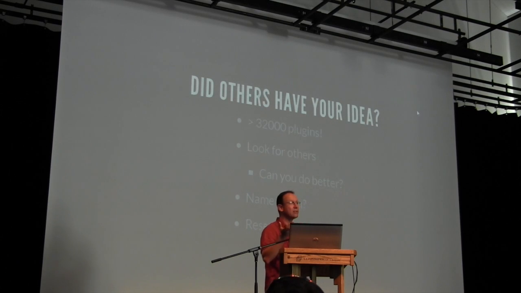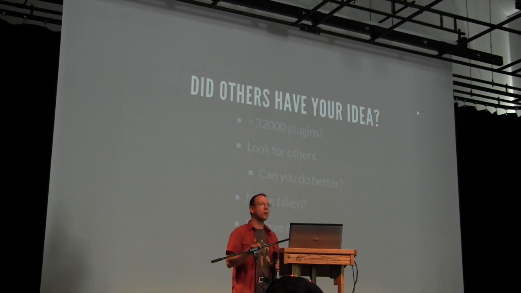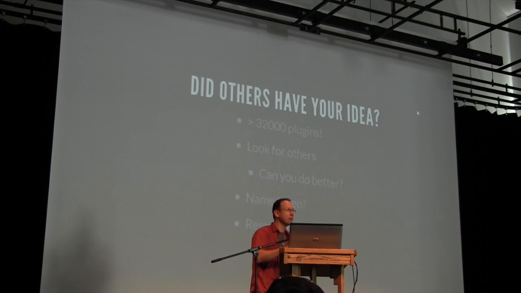Last point here is reserve the name as soon as you can. So once you figured out, I have a name for my plugin, I know what I'm going to do, apply to have the name reserved on the WordPress.org repository. Because somebody else could have the exact same idea and come up with a very similar name or the same name between the time that it takes you to have the idea and actually release your plugin. Now you don't need to have code ready at this step. You could just go in, apply, say I'm going to release a plugin, and only release the code a month or two later, but at least you've reserved that name on the WordPress.org site.